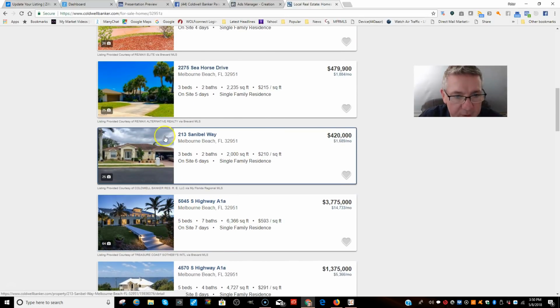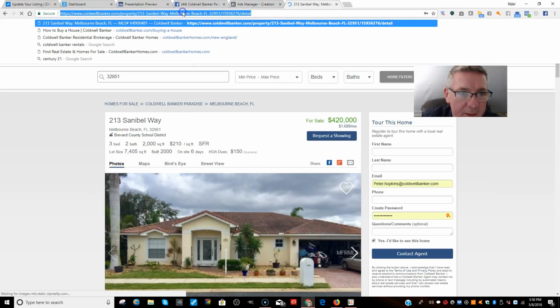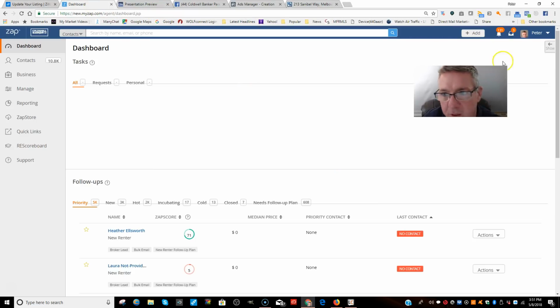It's the Coldwell Banker listings, that'll do. So Sanibel Way here. We take that link. I want to get the leads. Obviously, if I use that link, I'm not going to get the leads because it's going to take that to a competitor company or a competitor agent, and I won't get the lead because the programming is not in this URL. So how you fix that is you go into your